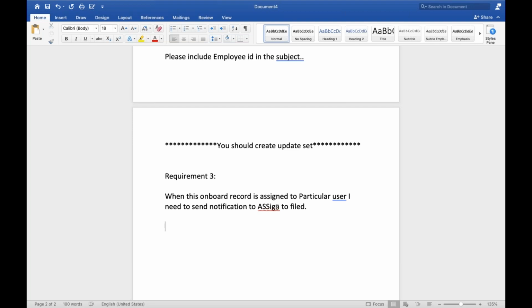And the condition is assigned to is not empty, and the notification should go to assigned to,